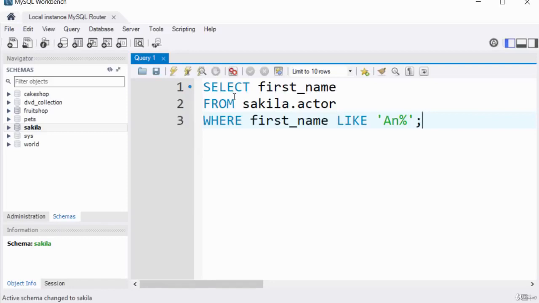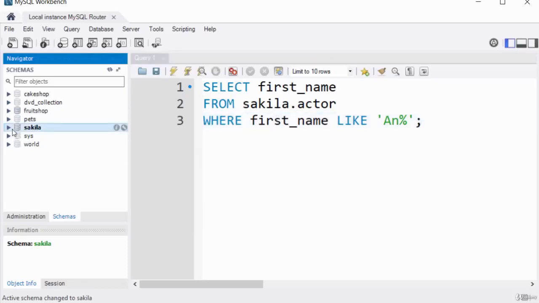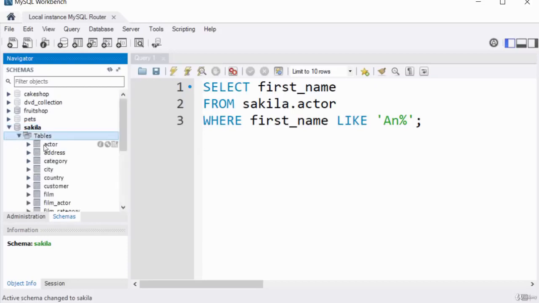So basically what I'm doing here is selecting the first name from the database called Sakila, and the table I am selecting the column from is called actor, and the column here is first name. So I'm selecting this first name from this table called actor, which belongs to the Sakila schema or database, and